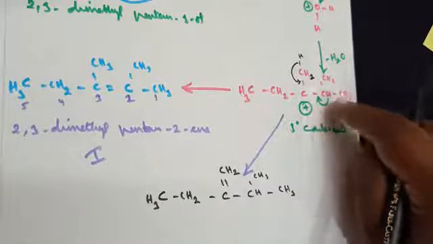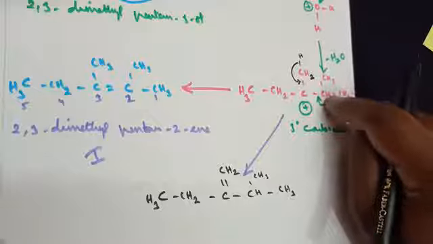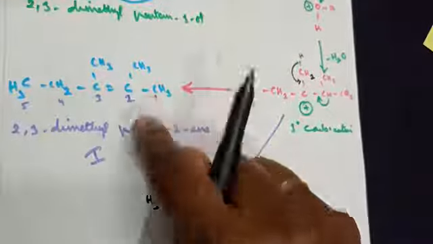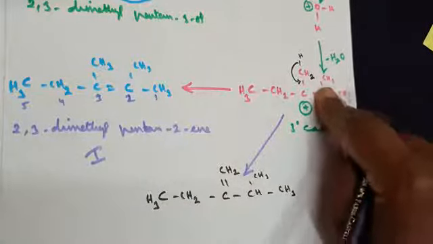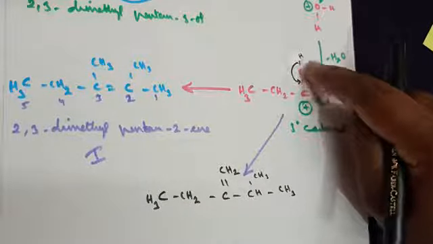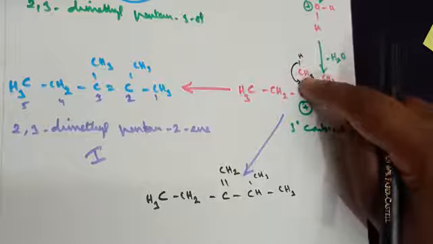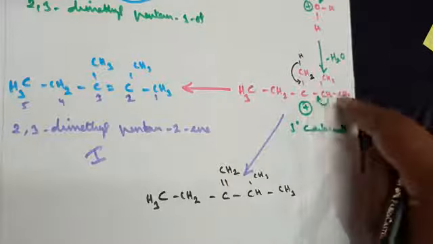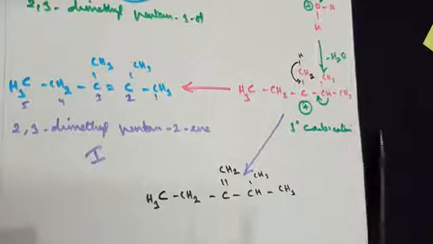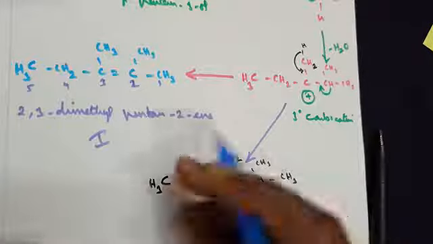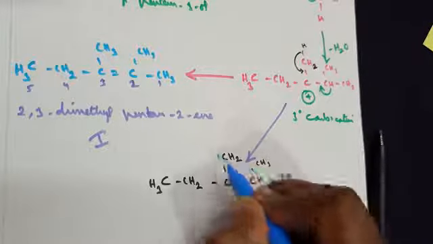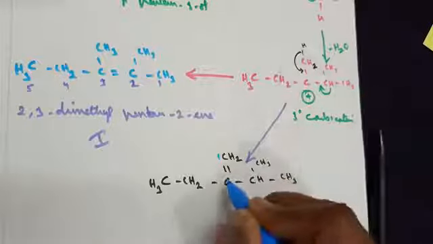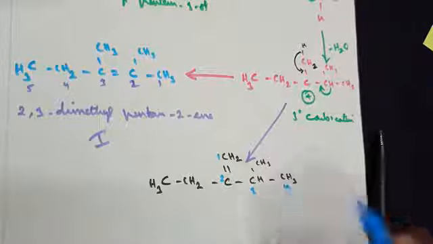In the first case, this carbon loses the hydrogen and the bond falls in. Instead of this one, suppose this carbon is losing one hydrogen, then the bond will fall in here. So you get a CH2 double bond. The remaining chain remains as it is here. Now once again, let's name the chain. Whether you go in this direction or this direction, it is the same. 1, 2, 3 and 4.